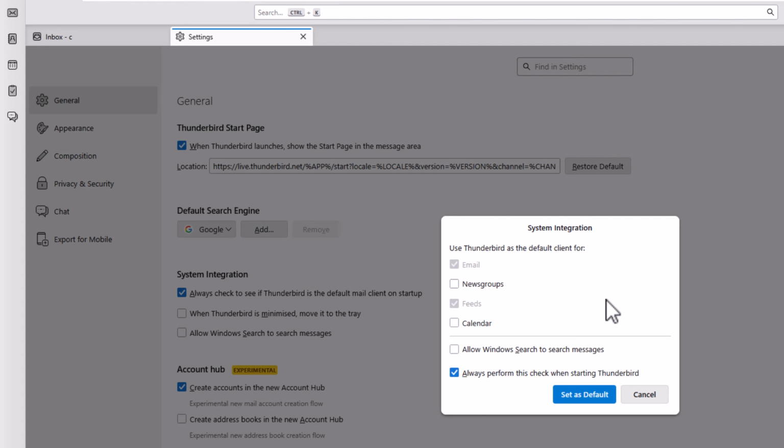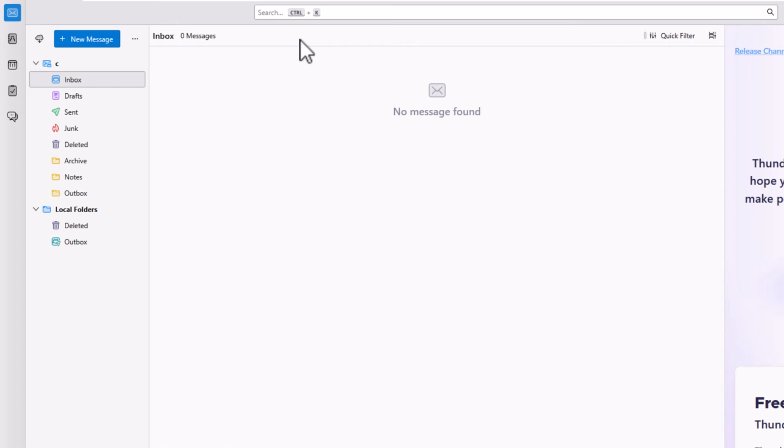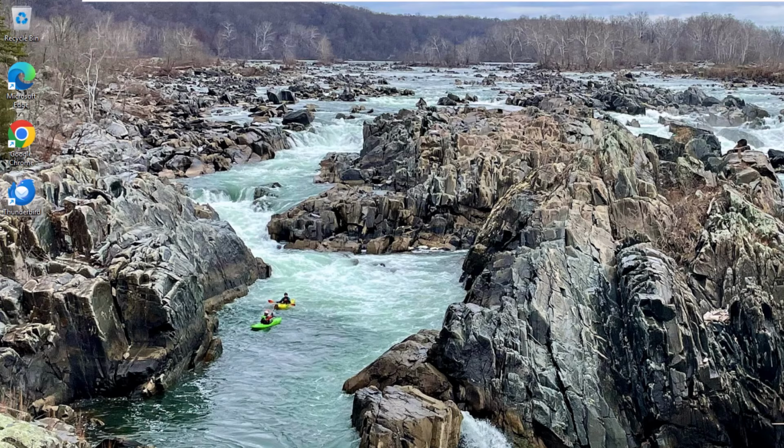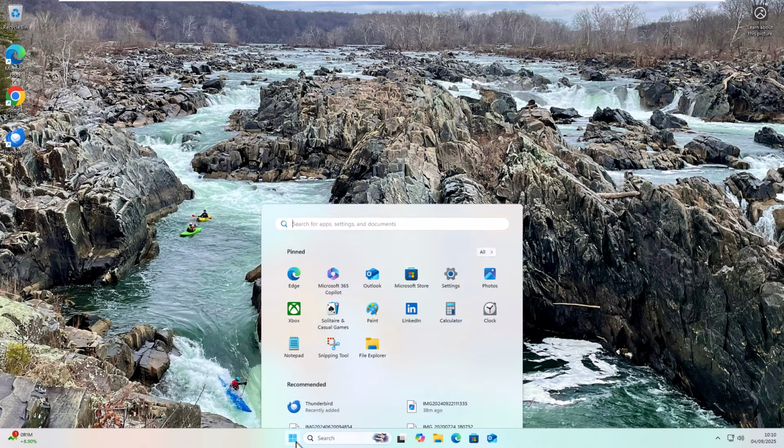And then what is important is you must make sure there is a tick to the left of email, whether it's grey or blue, just make sure there is a tick in there. So click on email. If there isn't a tick just to the left of it, make sure the tick appears and then click set as default just at the bottom. And then we can come out of settings and come out of Thunderbird, and let's go into the Photos app